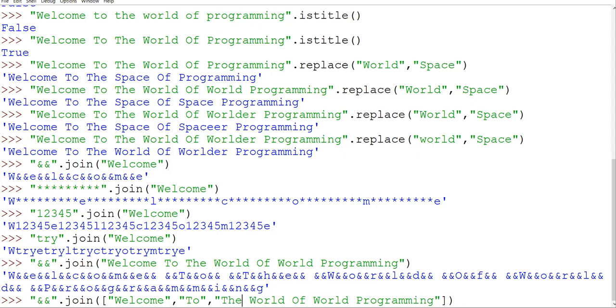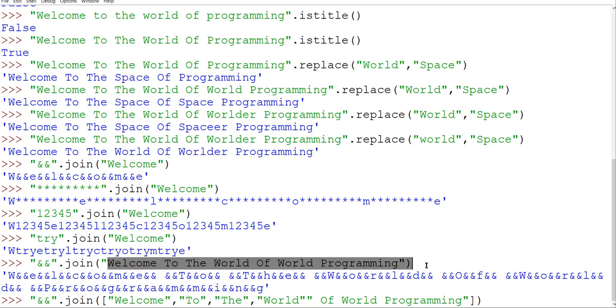Ma'am, you are making a list. Yes, I'm making a list here. Because see, it is not working like this, no? Therefore, we are checking everything. If I give this string something like this, it is not going to work. So I need to give them as separate words. Okay, then only it is going to work. Therefore, all the pluses and minuses we are doing so that we should know with what it is going to work and with what it is not going to work.